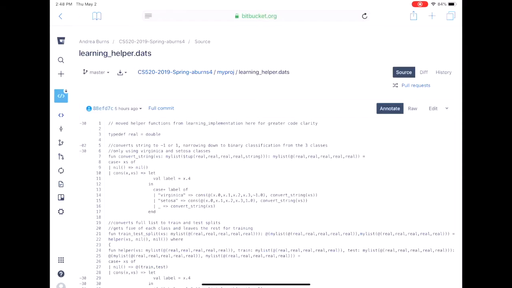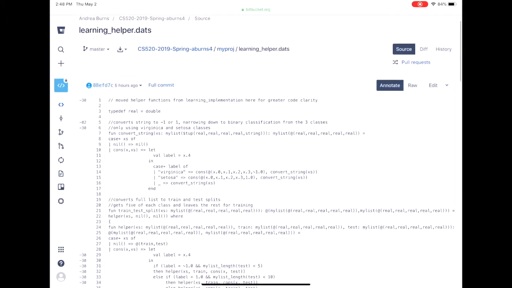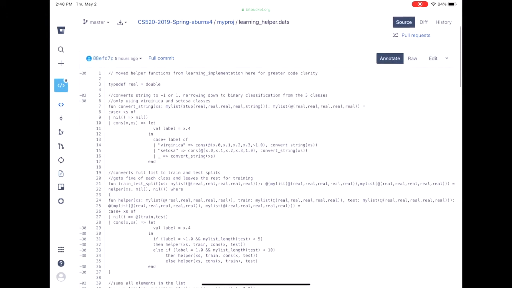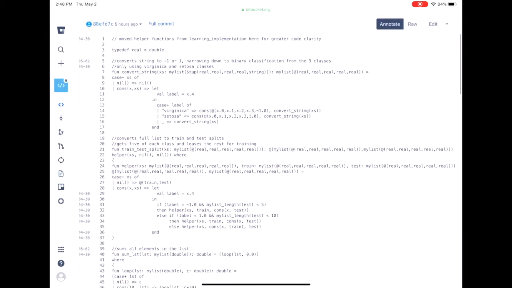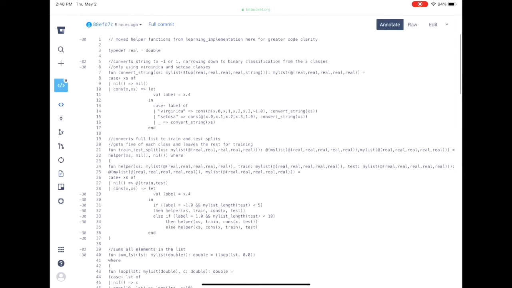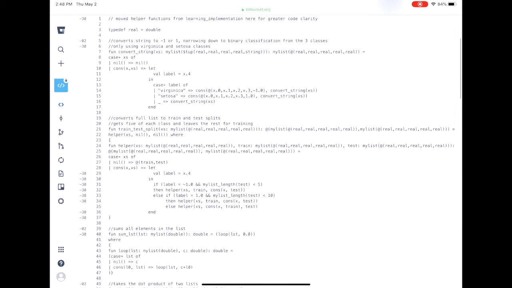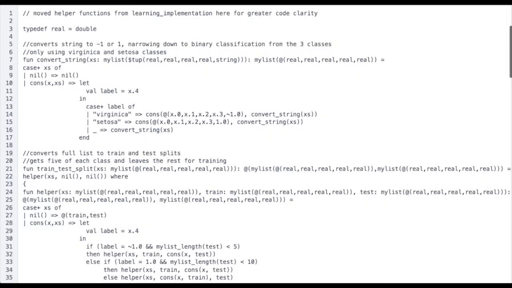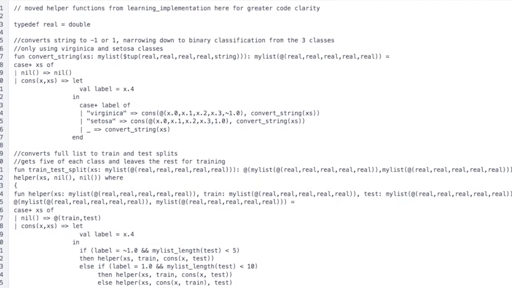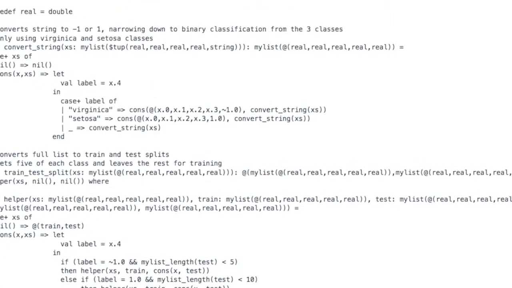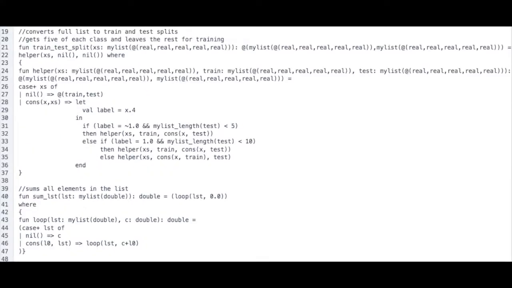Here we have a convert string function, which takes in a tuple of real valued features and a string label and converts them all to be numbers. This is necessary for these algorithms, which assume binary labels of 0 and 1, or -1 and 1, for example. Additionally, the iris dataset includes 3 classes, which are different species of the iris flower. But for today, I'll only be dealing with binary classification, so I narrow it down only to the Virginica and Setosa species. This work could be extended to support more complex algorithms such as an SVM, as well as multi-class